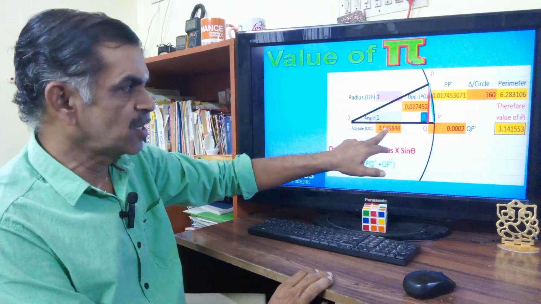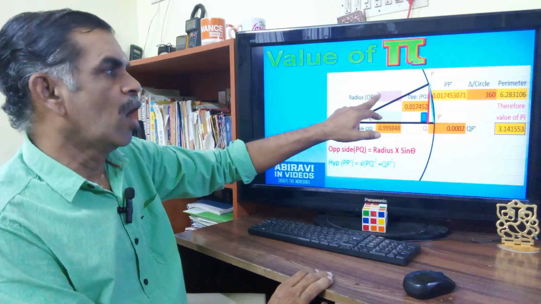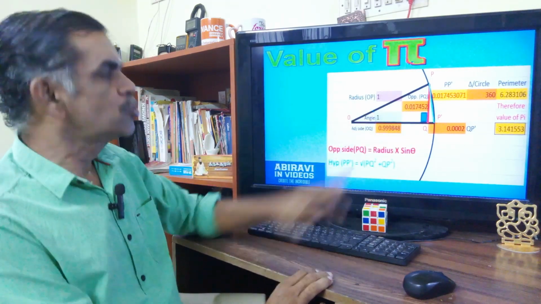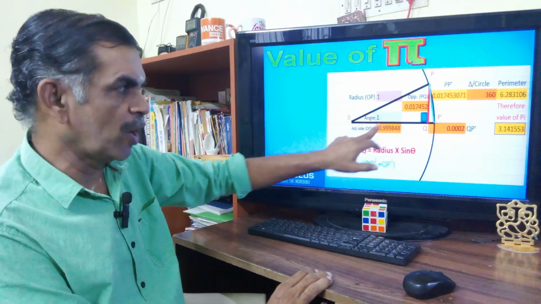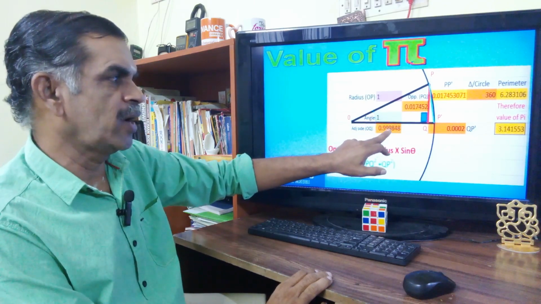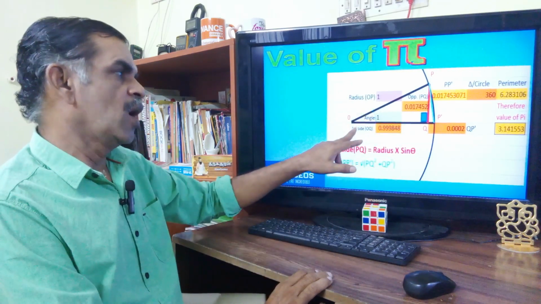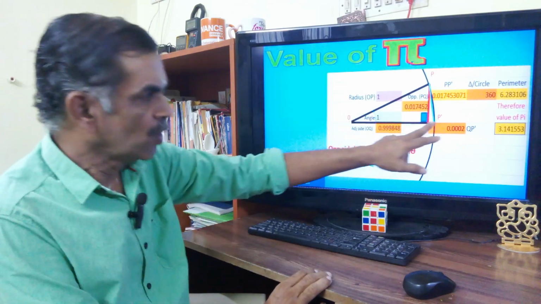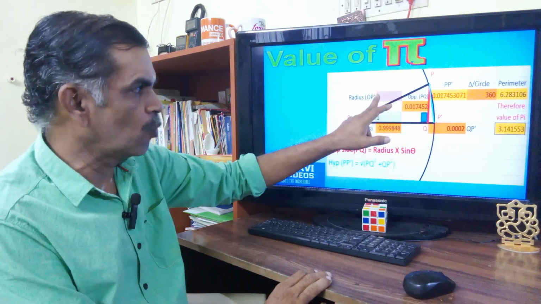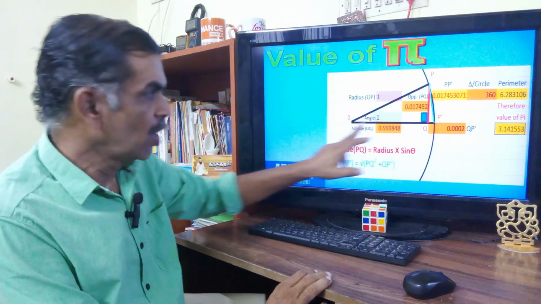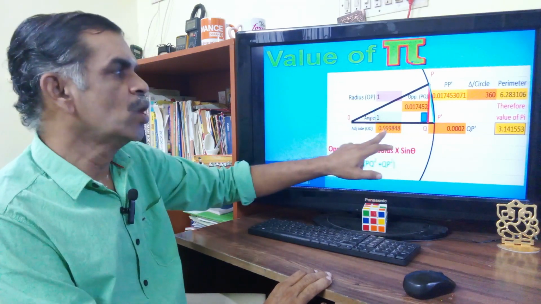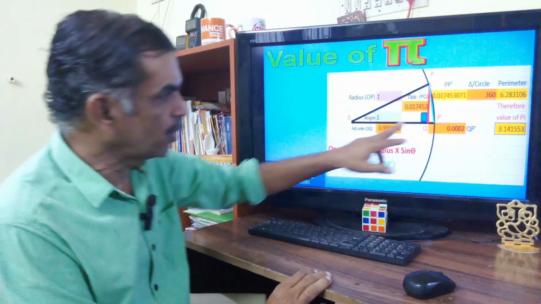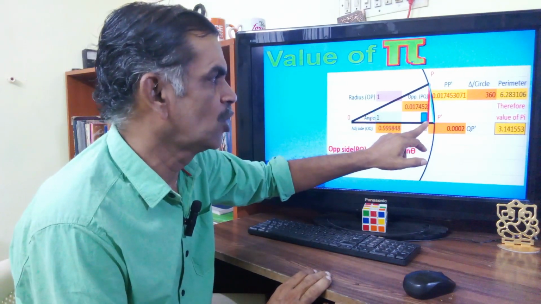So the adjacent side is equal to the square root of hypotenuse square minus opposite side square. We have calculated it this way: 0.999848 is the adjacent side OQ. So now we know the value of OP dash, that is 1, which is also a radius, and we have calculated OQ as 0.999848. So we can calculate this small length, QP dash,